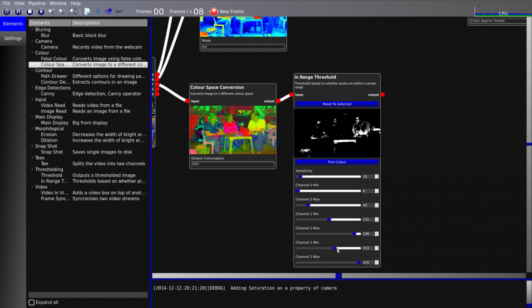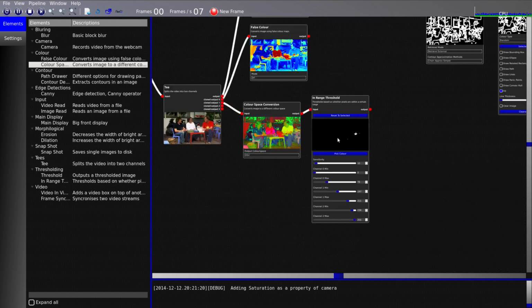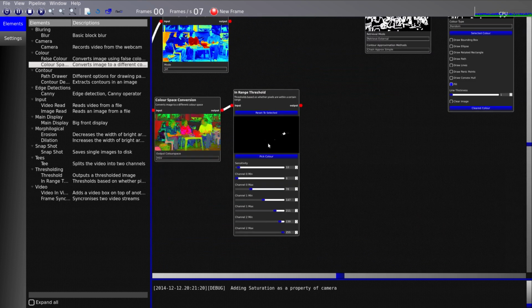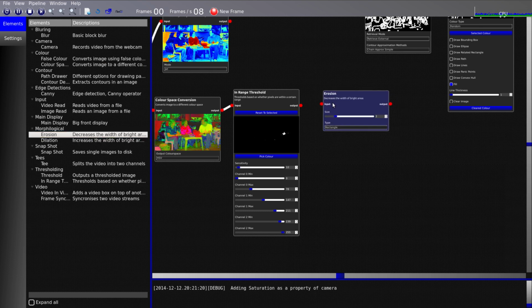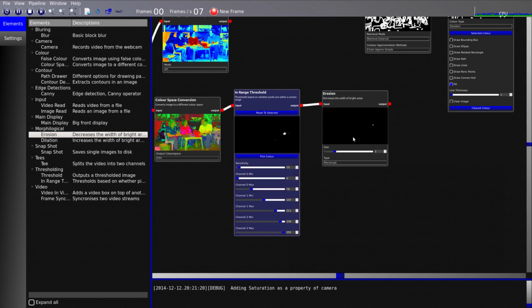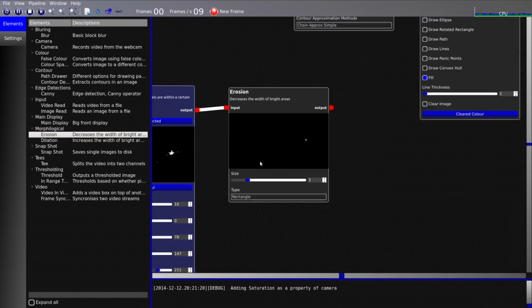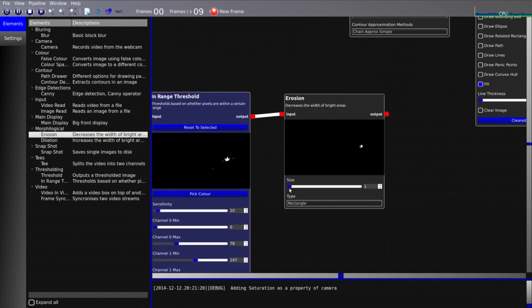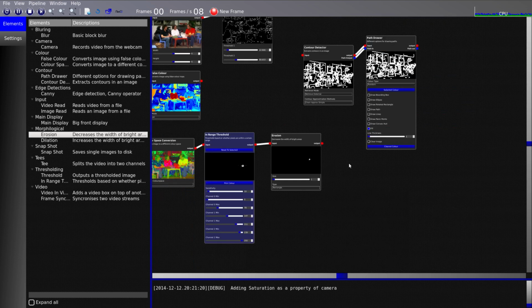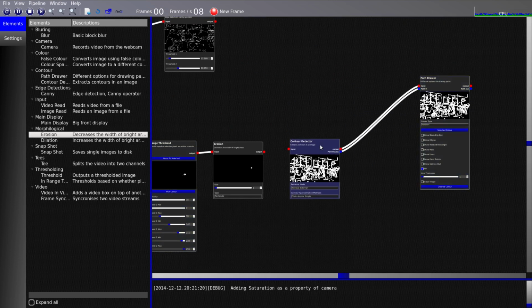It's up there somewhere. There we go. And then you can get rid of these little dots with erosion. So for example, I could erode away, and that just takes away lighter areas. There's probably a bit too much, just a little bit, and then that just gets rid of some of the noise. And then if we were to then use our contour detector on here,